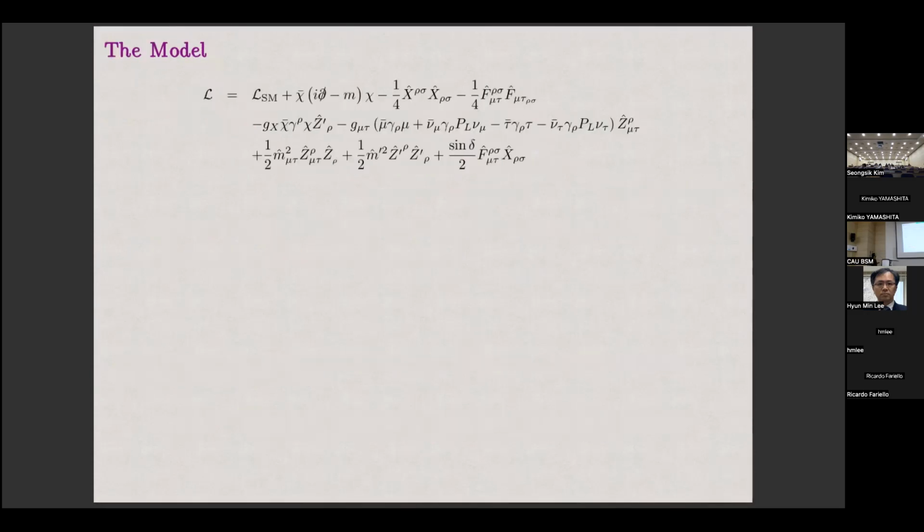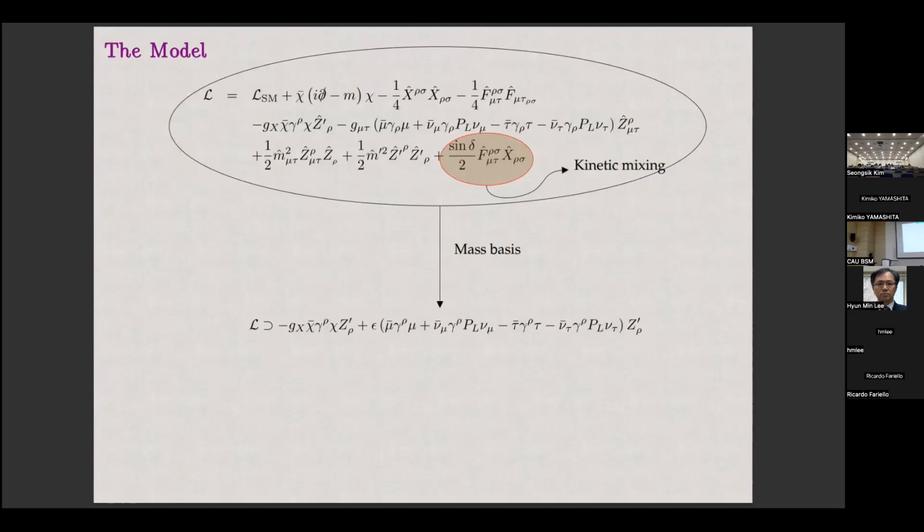So here is the Lagrangian we started with. Basically L_SM is the standard model Lagrangian, and this is the kinetic term of the dark matter, where chi is our dark matter. In the last term, we introduced the kinetic mixing between F_μτ and X hat, where F_μτ and X hat are the field strength tensors of the U(1)_{Lμ−Lτ} gauge symmetry and the U(1)_X gauge symmetry. Now if we diagonalize this Lagrangian, one can see that the mu and tau flavor leptons are coupled with this Z prime with the coupling epsilon.